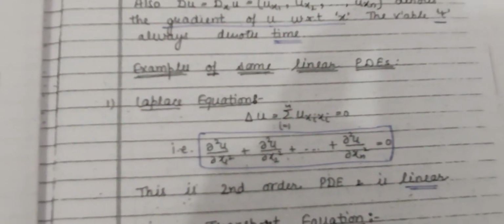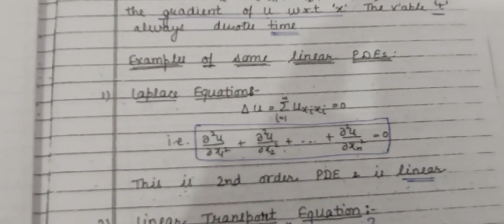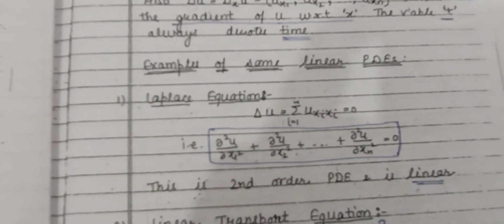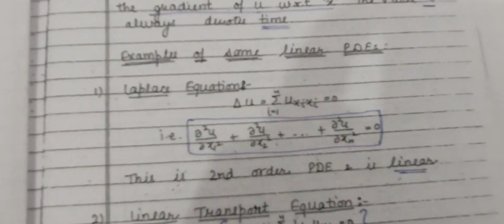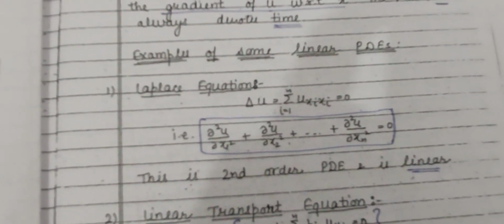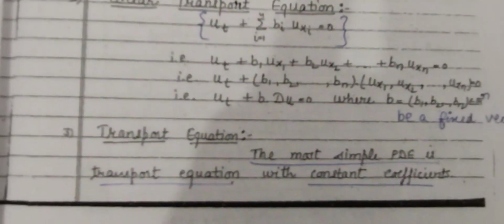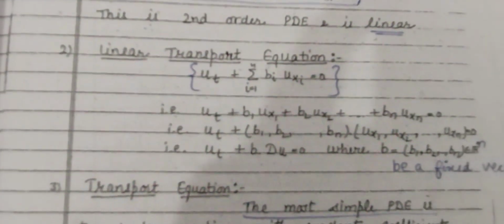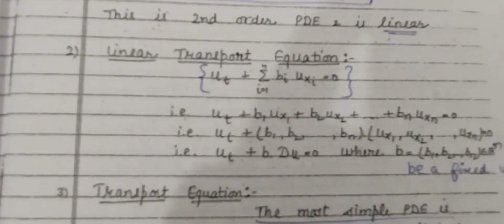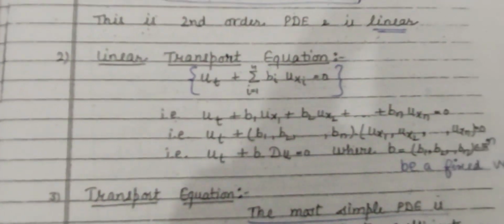The most commonly famous simple linear example of partial differential equation, which is also linear, is the linear transport equation. Linear transport equation is the simplest partial differential equation with constant coefficients. The basic form of the linear transport equation is u_t plus summation i running from 1 to n of b_i u_xi